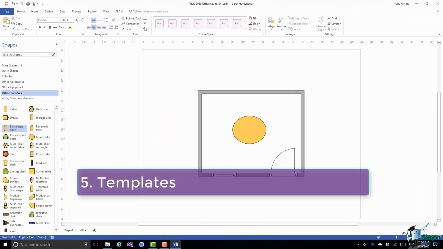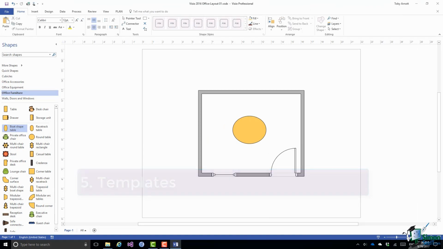Finally, in this section, I'd just like to talk a little about templates. I've already mentioned that a template can contain one or more stencils. It can also contain one or more drawing pages, and there may well be content already in one or more of those pages. A template will normally have the measurement units defined, and there can even be bespoke software associated